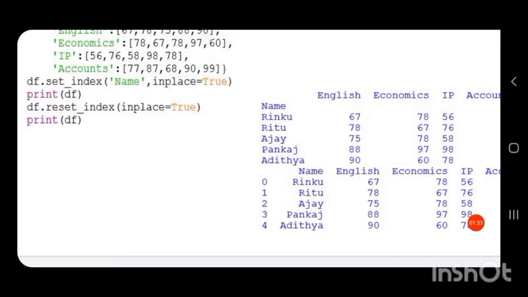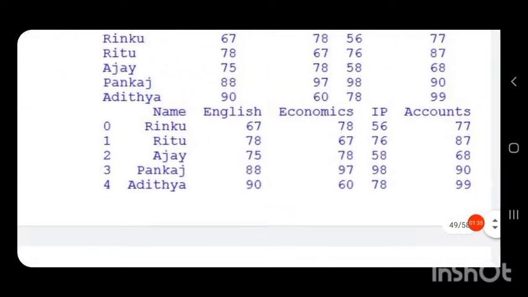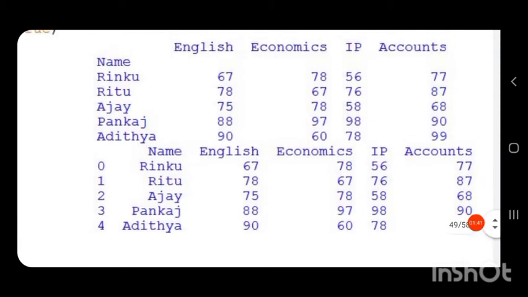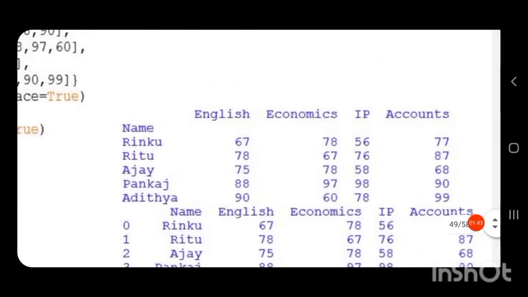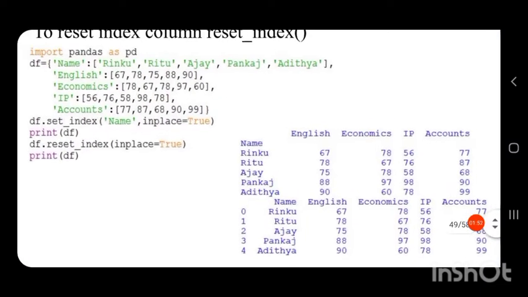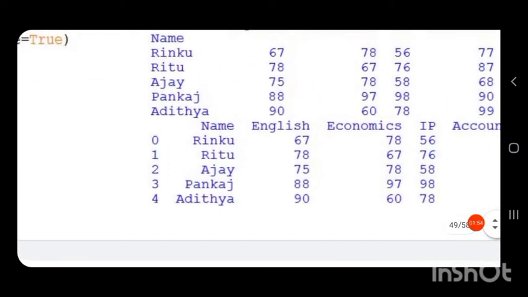Then when we print this data frame df, you will see the output as the previous output what we had before we used the set index function. The output which we obtained before using the set index function is obtained here. So you can see the index values are now replaced by the previous index values, that is 0, 1, 2, 3, 4.